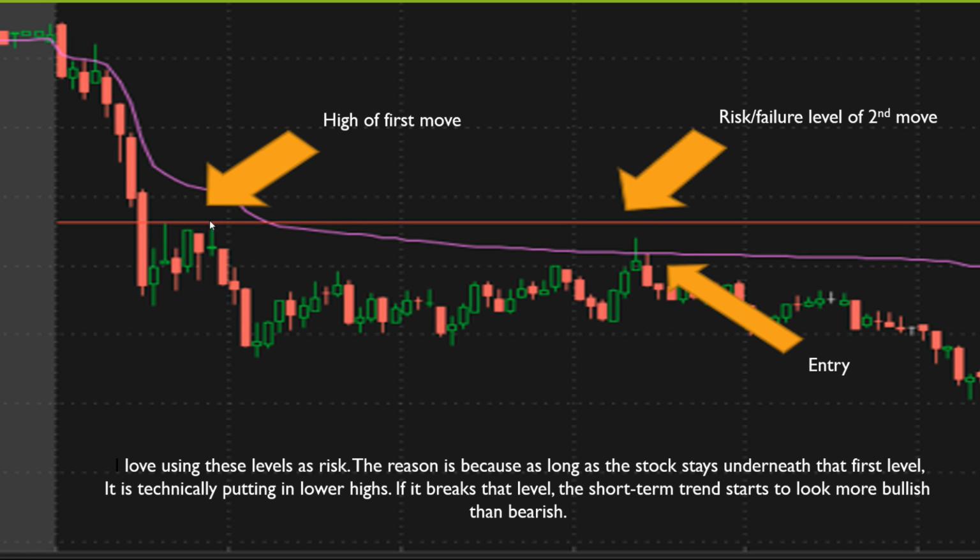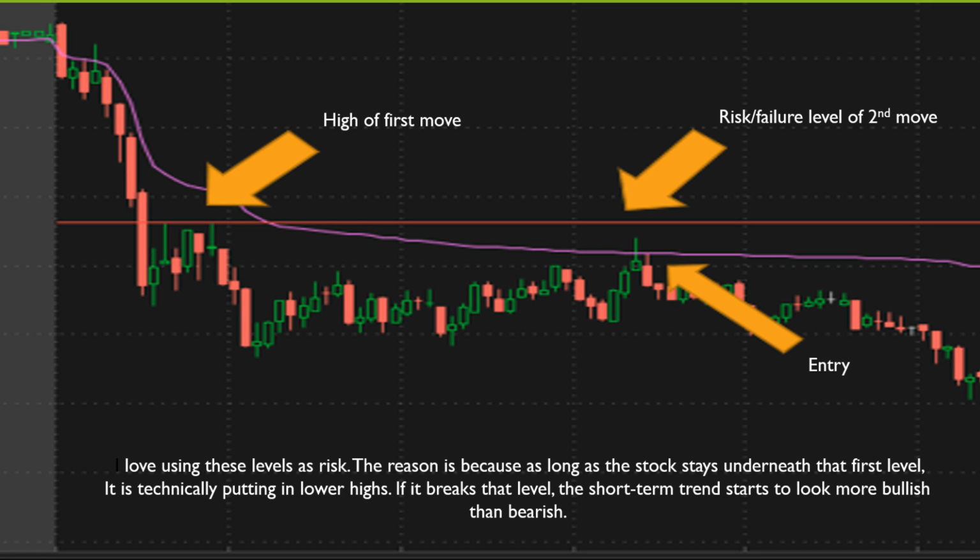And so you can see the high of that first move here. And then I can use that high as my risk level on this second move. And so if I enter the stock here, my risk level's tight. My reward level can be down here for a good risk reward trade. And like this says at the bottom, I love using these levels as risk, and the reason is because as